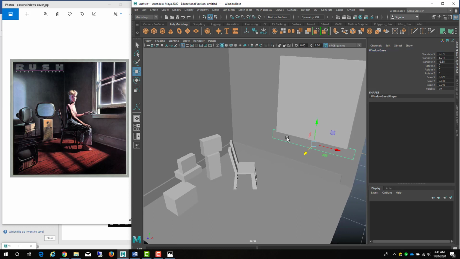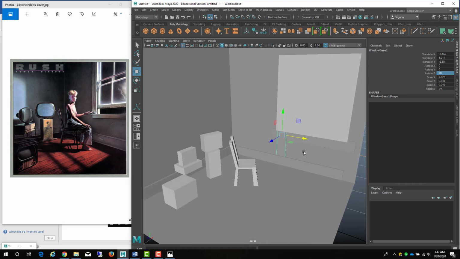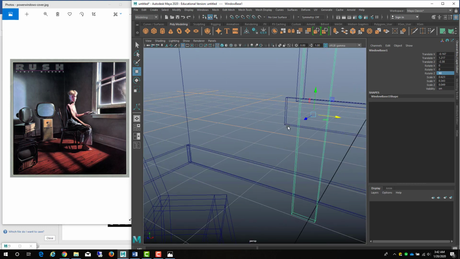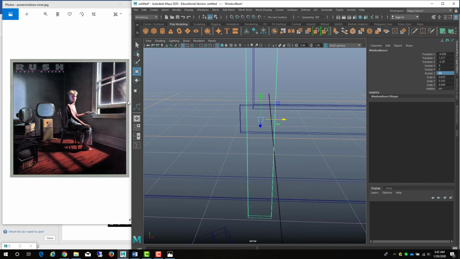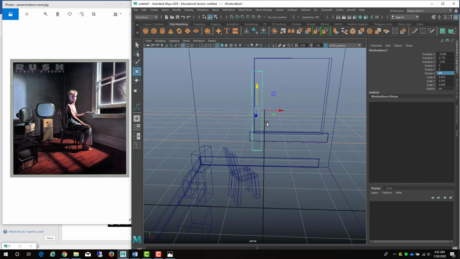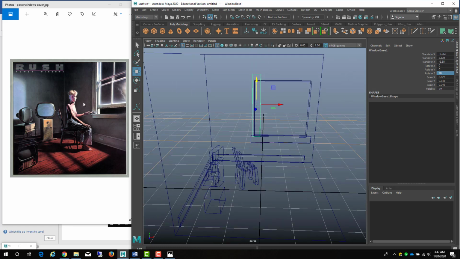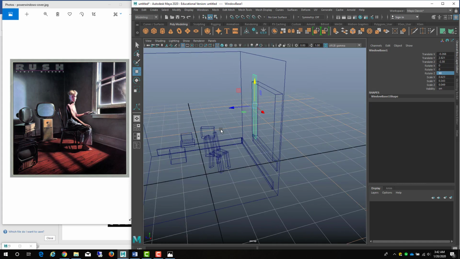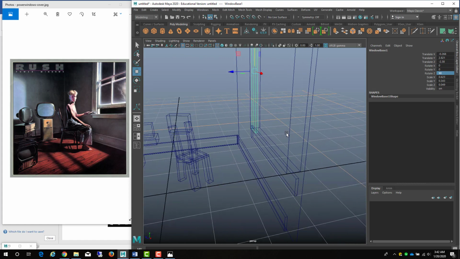So I'm going to do another one. Control D. I'm going to rotate around Z, 90. I'm going to move it over to kind of overlap. I go into my wireframe so I can kind of see it a little bit, and I'm going to leave a little bit of an edge for this. This is going to stick out. This is going to go up, and I don't need to see all of that, but I will want to make sure I have enough details. So I've got that, and then the casing will actually be